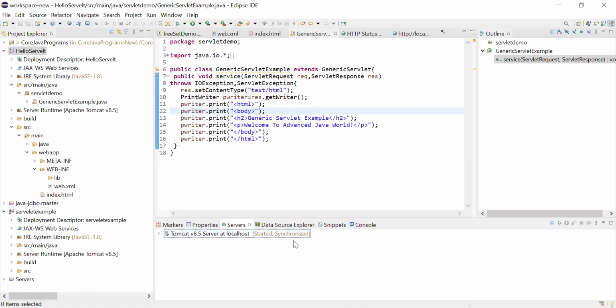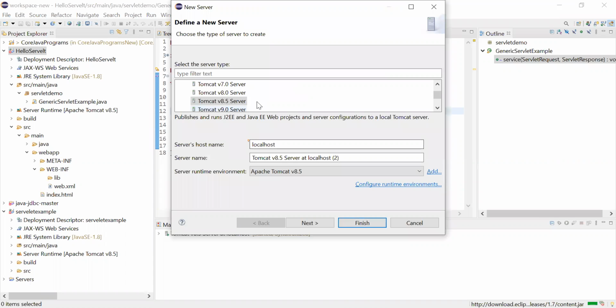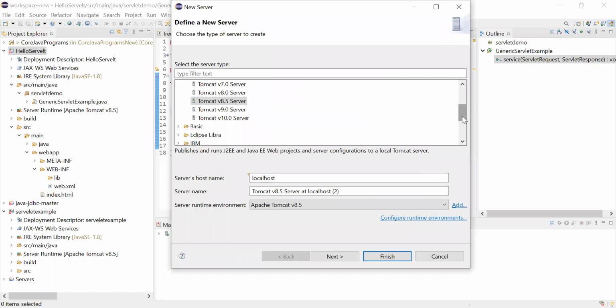How to create? So you click here New, Server. You have to tell which server, which version of Tomcat you are using. Here servers are many. This Apache type of server is there, IBM is there, Oracle is there, PHP is there, Red Hat is there, SAP is there. But since we are using an Apache related one now, it is showing Apache Tomcat servers.